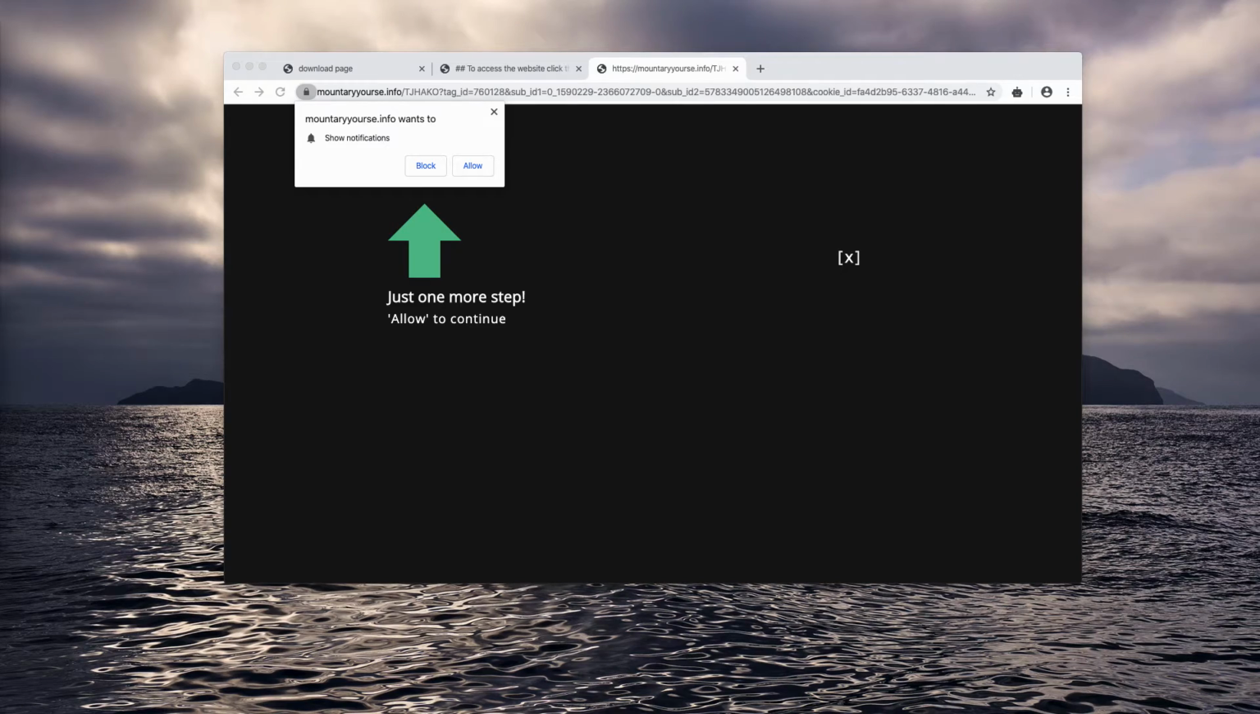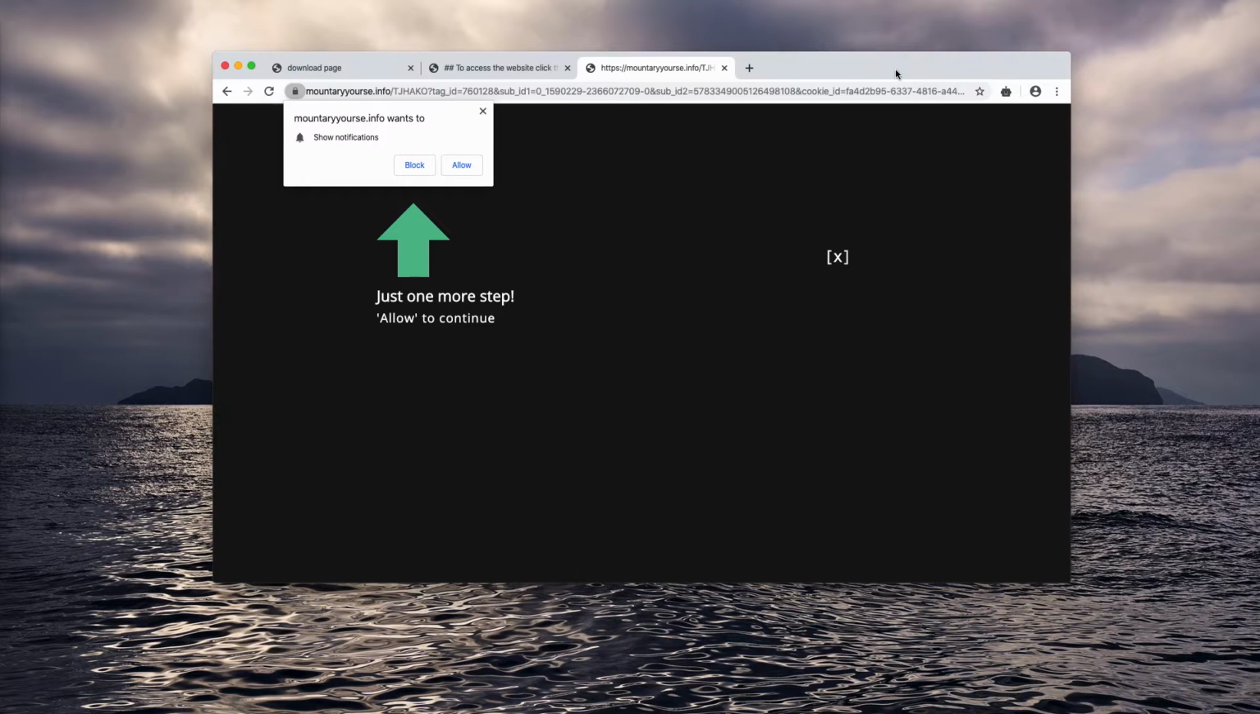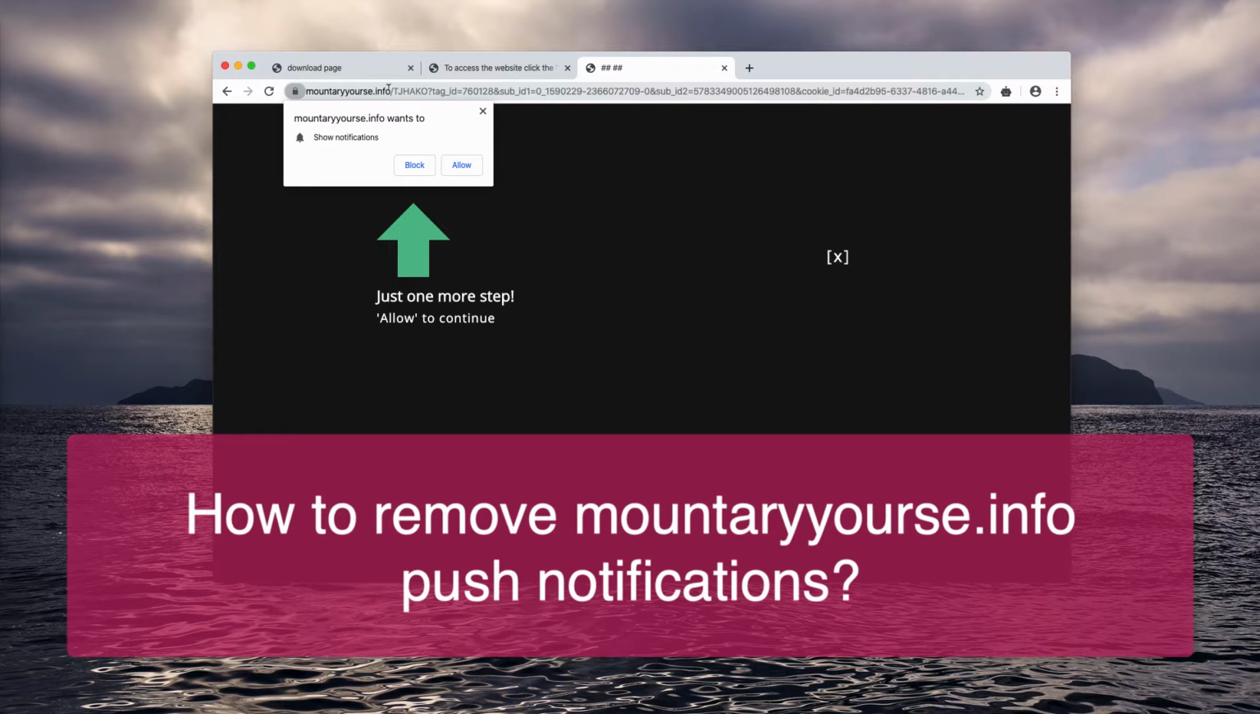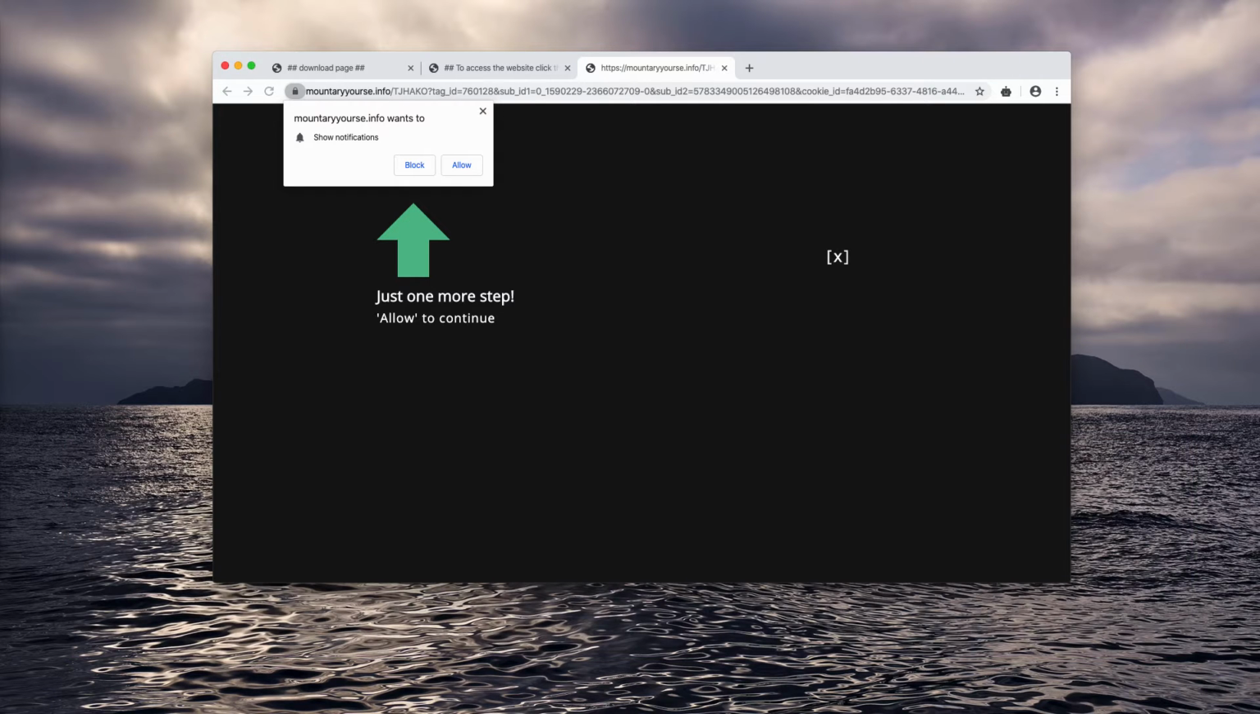Dear ladies and gentlemen, watch carefully as I explain to you the danger of pop-ups that derive from this website, Mountaryyourse.info. It says "just one more step, allow to continue." Some people may be easily tricked by such alerts, and the point is that it's a danger for you to